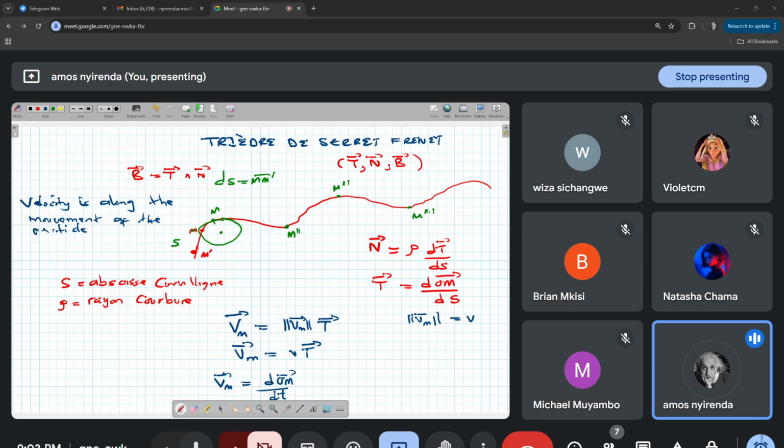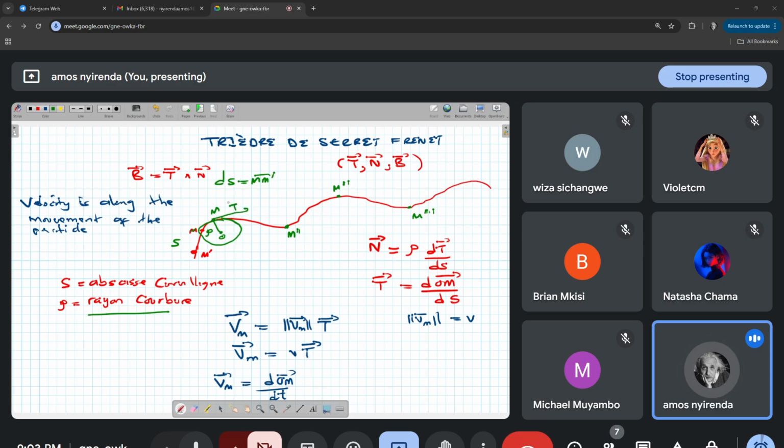The distance from the point M to the origin is known as ρ. This distance ρ is known as le rayon de courbure. So this is what I've written here. Rayon de courbure is the radius of this circle that we have here, the distance from the point M to O. If I draw the tangent to this circle at the point M,